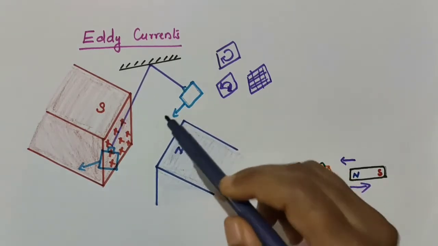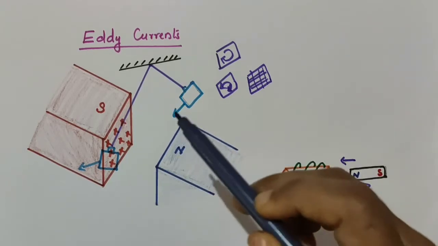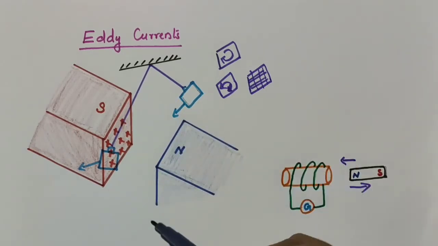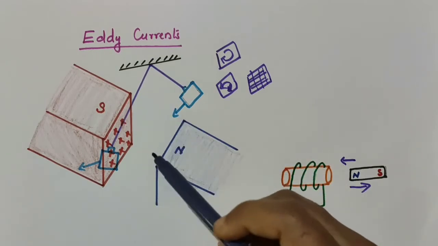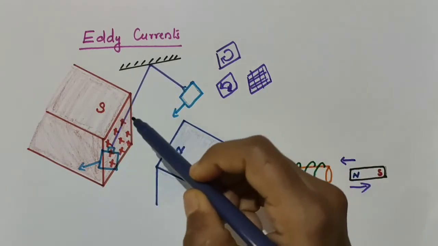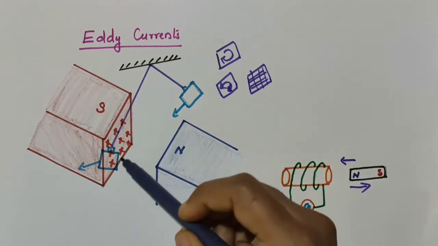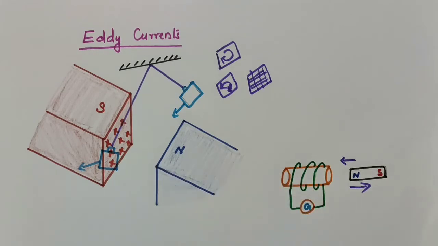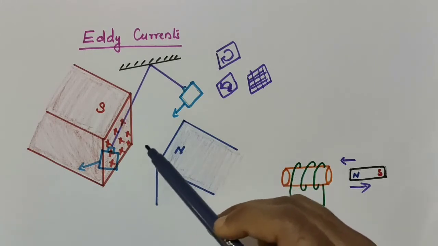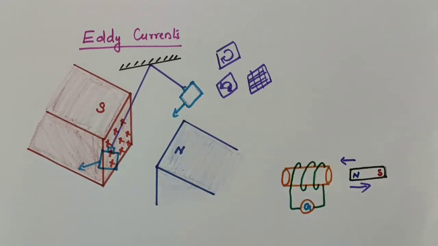But it is found that the motion of this copper plate in this external magnetic field is a damped motion, or its oscillation is a kind of damped oscillation. Damped oscillation means what? The oscillation fades away with time. First it will be oscillating with this much amplitude, then the oscillation fades away. That is, the swinging of the copper plate comes to a halt in a very little time in the magnetic field. That means something must be there to oppose its oscillation.